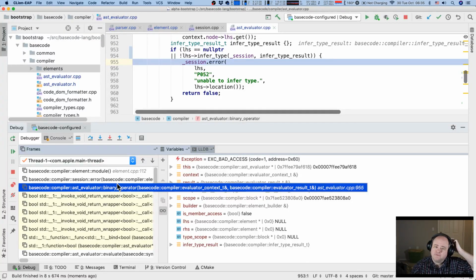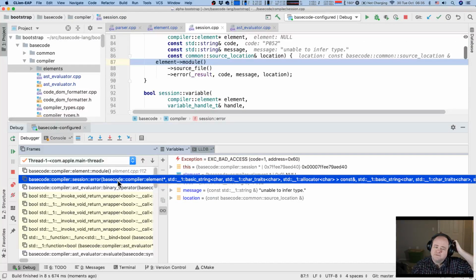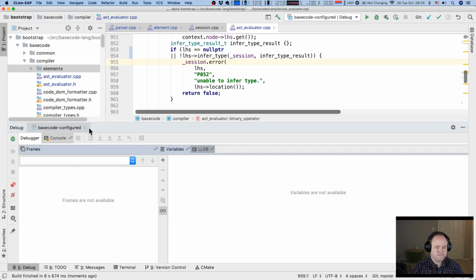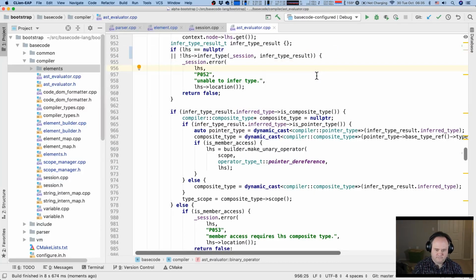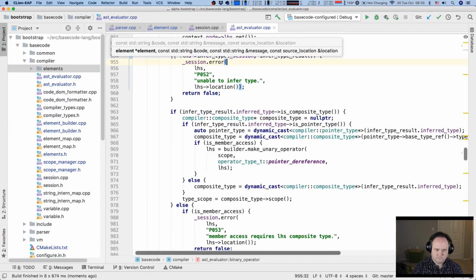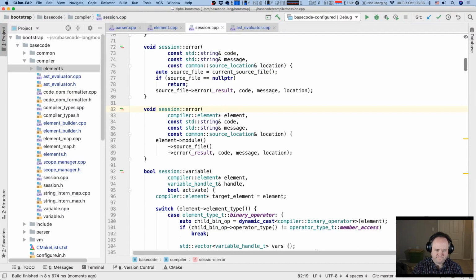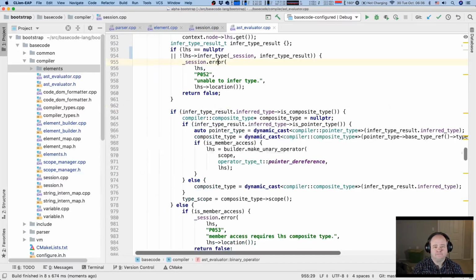Okay, so we're unable to infer the type. We return false, but there's no module because we're using the wrong one. Which one is it? Oh, right.